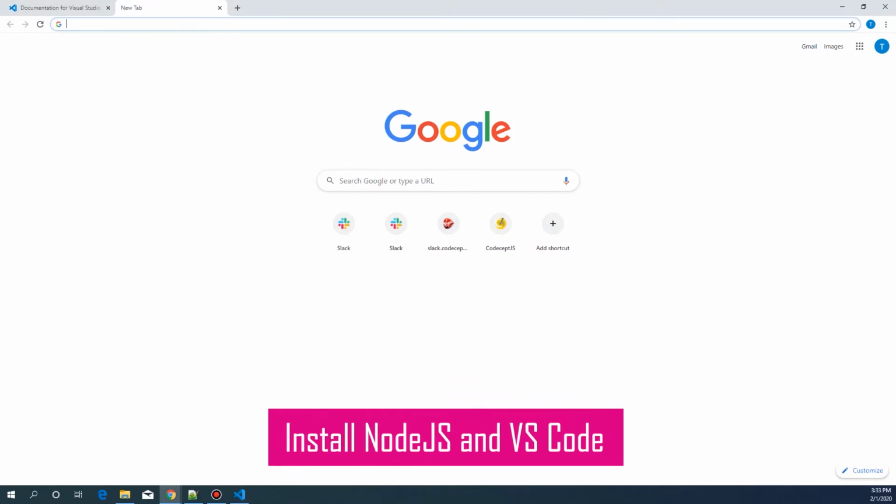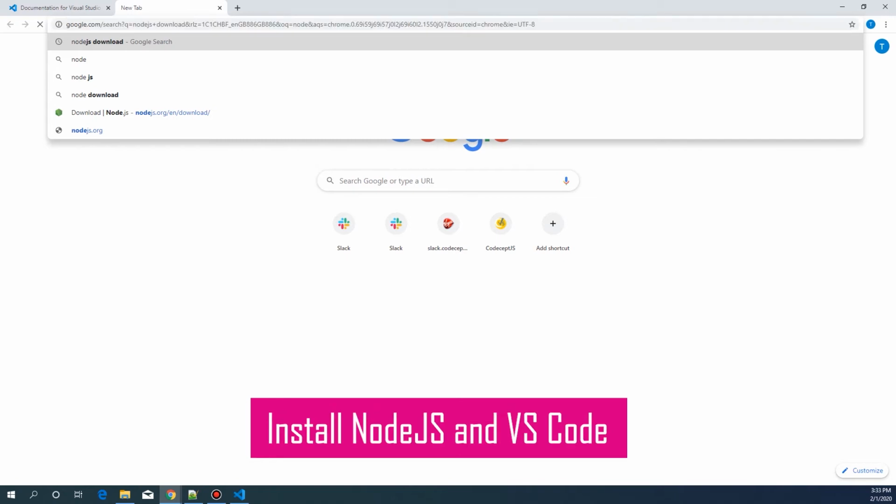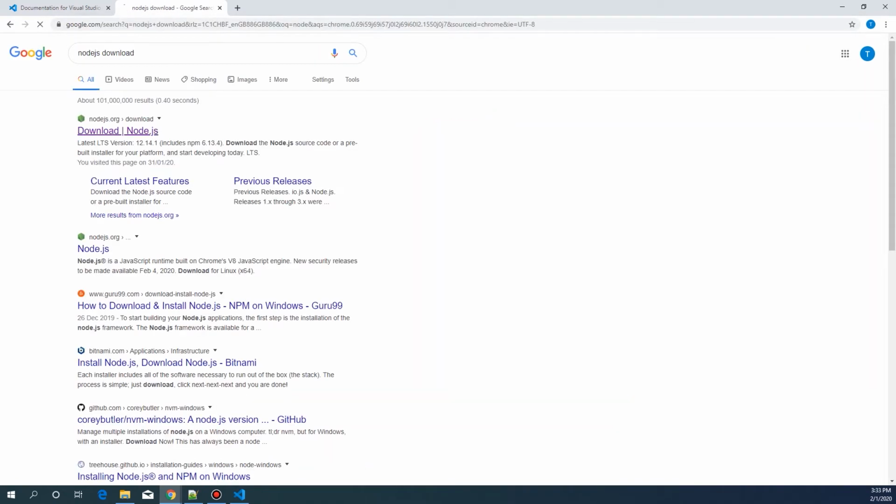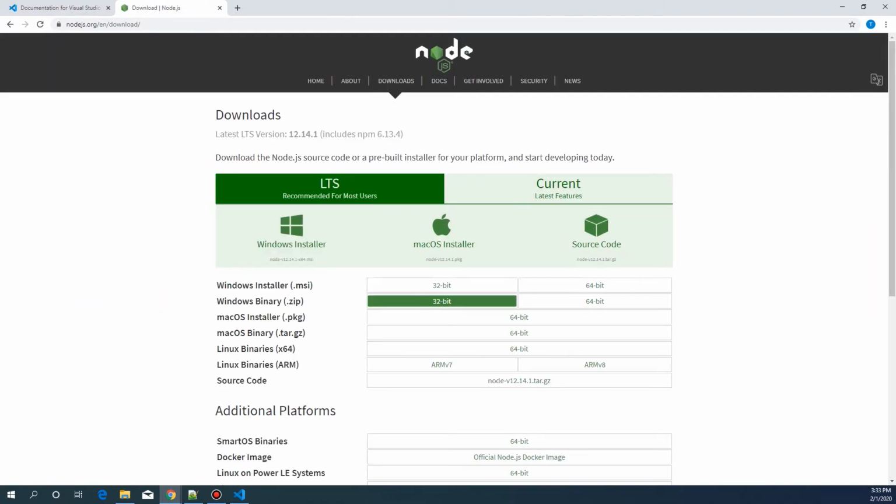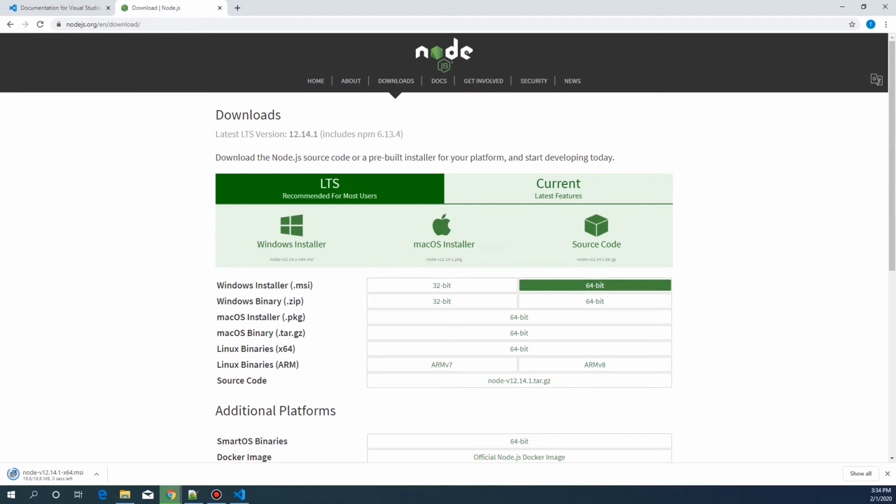Open the Google page and enter Node.js download. So you can see the download Node.js. I am using Windows 64-bit. You can use either MSI or zip. MSI is the easy one. I'm just clicking the download now. So opening the downloaded file,